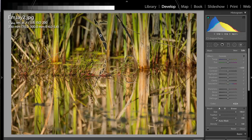And you can see now that all these areas that are shaded, right here, over here, down in here, all of those areas that were highlights were automatically selected with one brush. It makes it a lot easier to make a lot of fine adjustments, because if I were to do this individually,